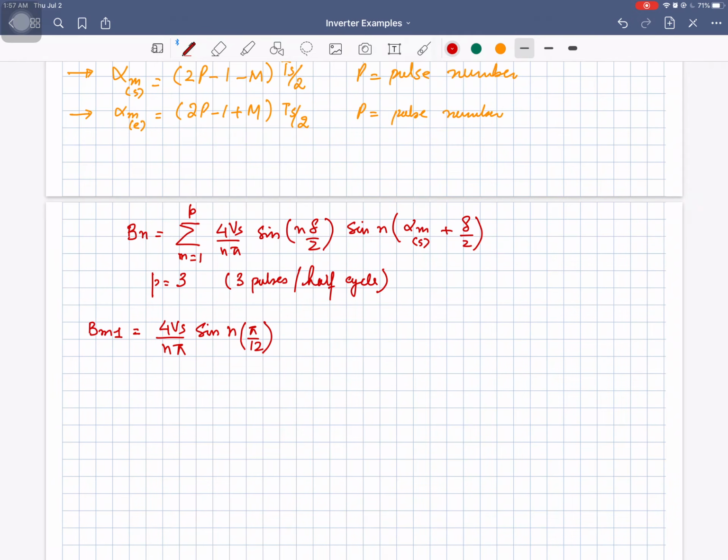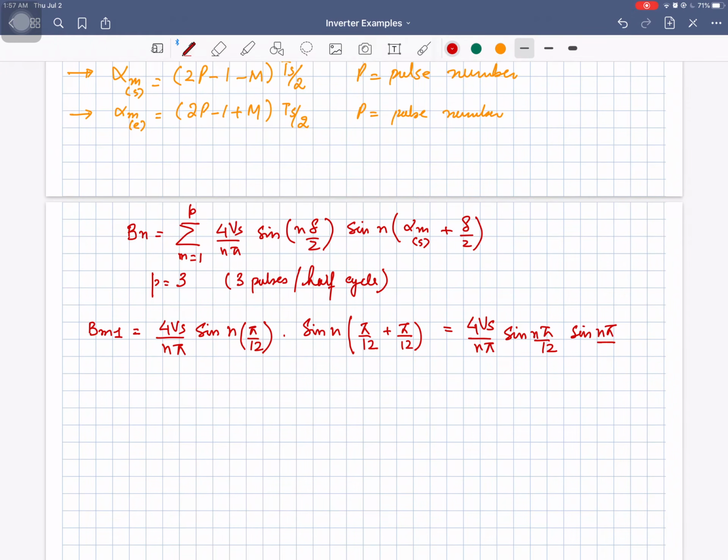Then sine n times the starting angle of the pulse, that is pi by 12, plus the width of the pulse divided by 2, so that is sine n, again pi by 12. So this can be written as 4 Vs by n pi into sine n pi by 12 into